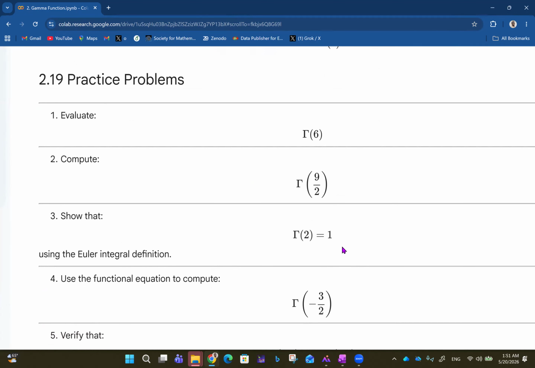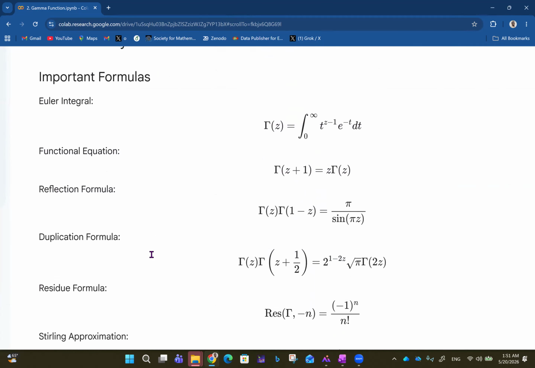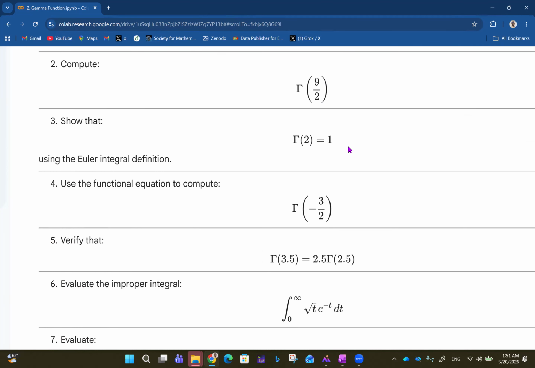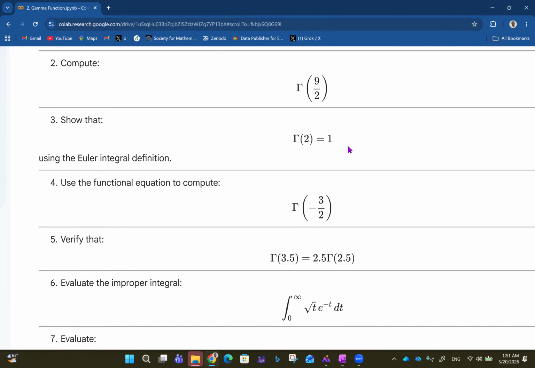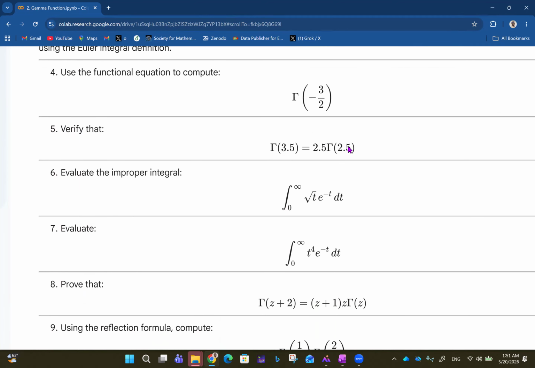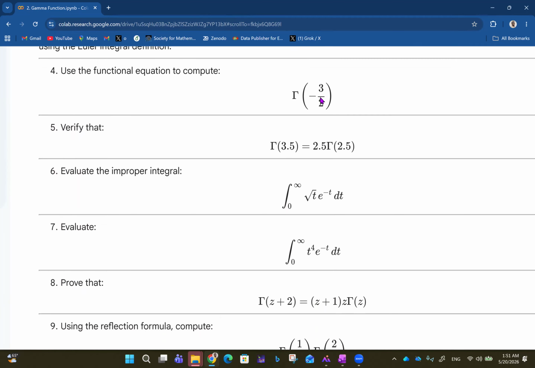Then show that gamma 2 is 1 using the Euler integral. So you just fix 2 into this expression and do integration by parts, or just integrate directly if possible, and you get your values. So use the functional equation to compute gamma minus 3 over 2. Of course, we can use gamma z plus 1 equals z gamma z to establish this. Then you want to verify that gamma 3.5 is 2.5 gamma 2.5. Of course, that's correct because gamma 2.5 itself is actually